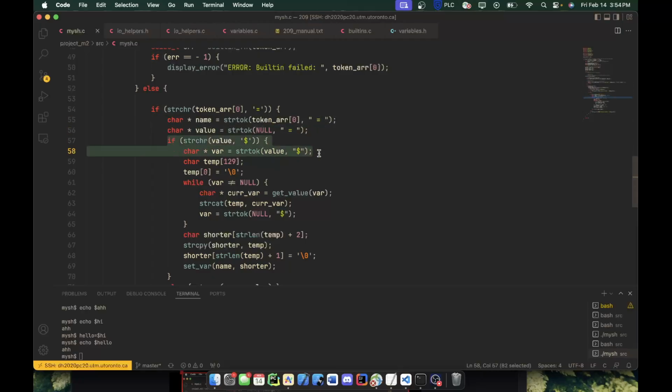If we have a $sign in the value, we need to expand that. So we are going to tokenize it just to get rid of the $sign. And if we do have more than one $sign, then we have more than one variable to expand. So we're going to go ahead and tokenize it based off of our $signs. And for each $sign, we are going to go ahead and get the value, and we are going to concatenate it to this temporary buffer that we have set up. And then we're going to move on to the next one and the next one until we're done with our